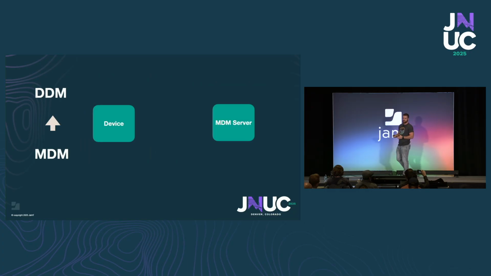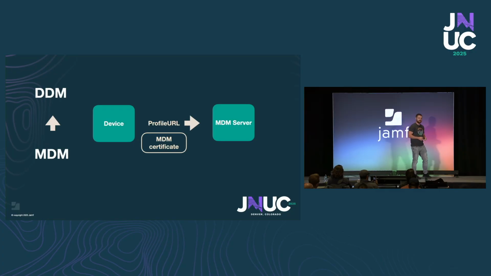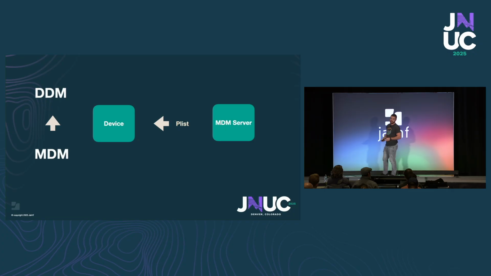So how will it look under the hood? If we send such a declaration to the device, and it activates, it will call this profile URL, and it will call it with MDM certificates. So this is the way we can ensure that a device calling this profile URL is authorized to do it. The MDM server needs to verify this MDM certificate because it knows these MDM certificates. And after this, it will send back the plist,